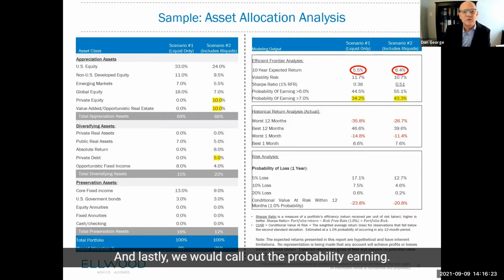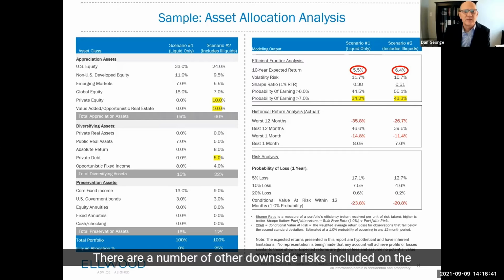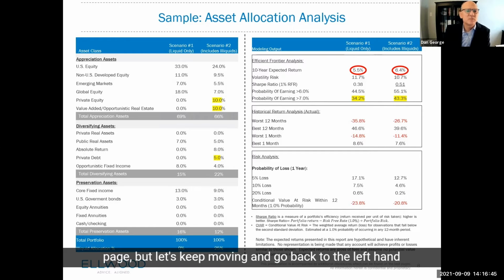And lastly, we would call out the probability of earning our 7% investment objective here is just over a 1 in 3 chance, which seems pretty low and hardly qualifies for us being able to say, yes, we've set this portfolio up to succeed. We expect success in pursuing our investment objective. There are a number of other downside risks included on the page, but let's keep moving and go back to